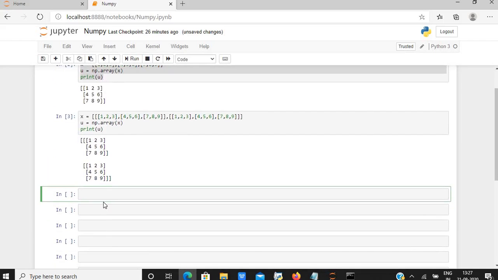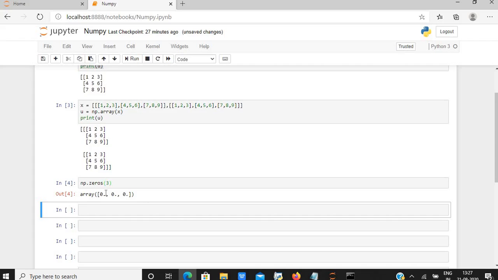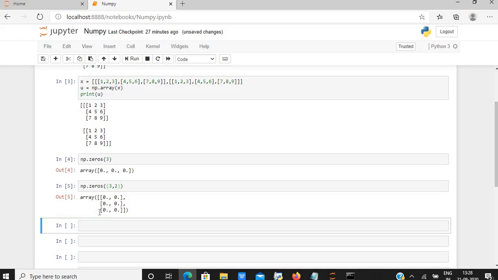Also, there are different kinds of matrices that are predefined. For example, np.zeros. Here we get a 1D matrix containing 3 zeros. We can also get a 2D matrix in the same manner: np.zeros((3, 2)). As you can see, we have a 2D array of 0s. We can also do it for ones in a similar manner.